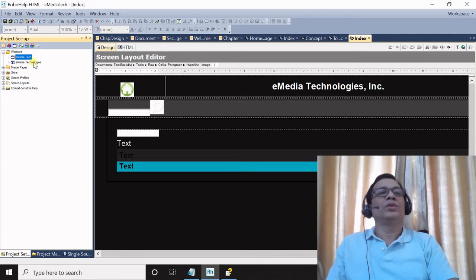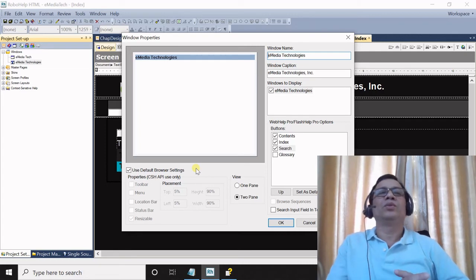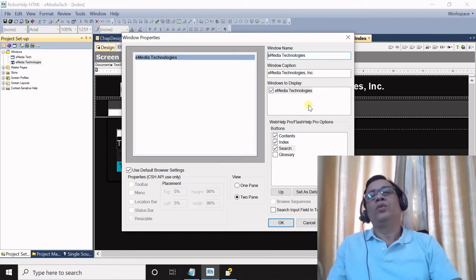Then I'm going to show you the second example, that is window properties for web help. This is also very much similar to what we did in the previous example. However, there are a few options which are not here.